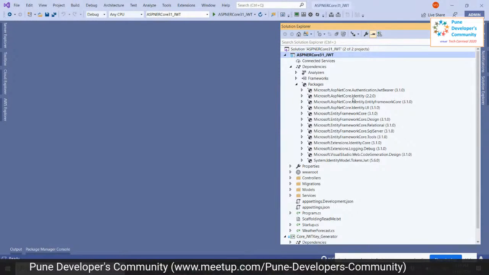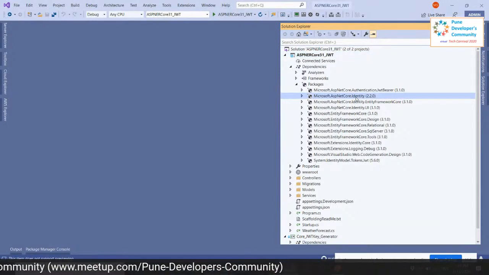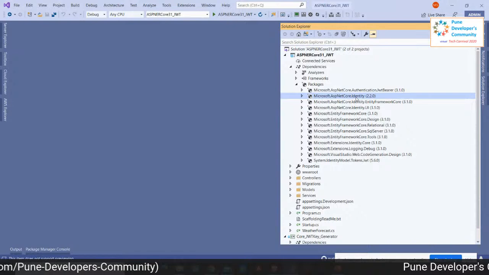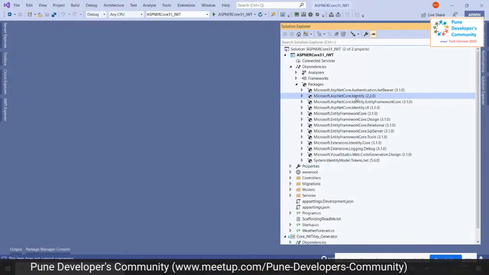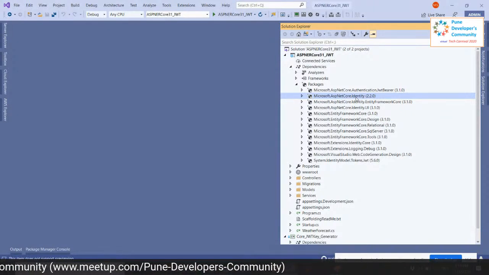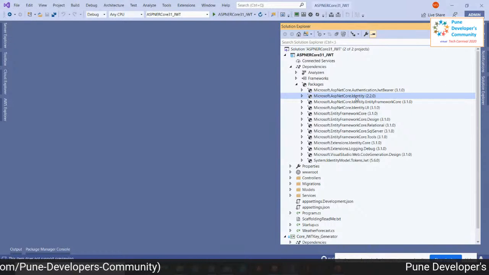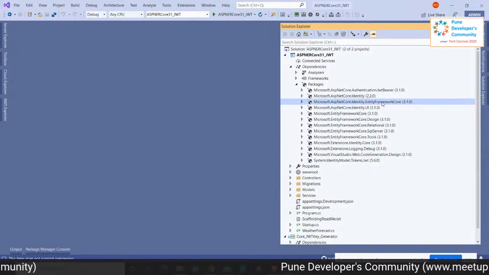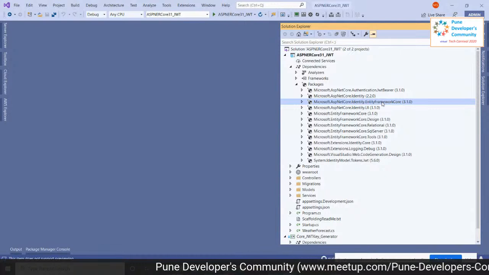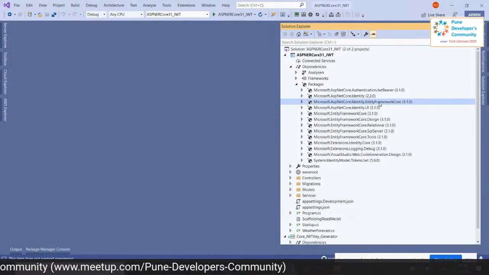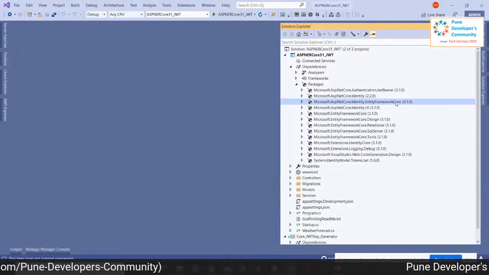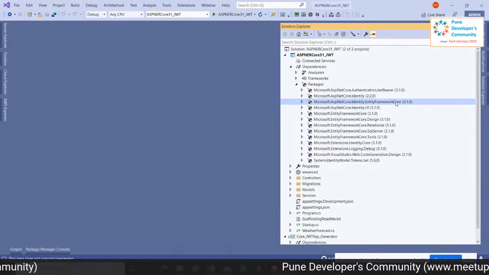Microsoft.AspNetCore.Identity is the package used for accessing the identity classes like IdentityUser, IdentityRole, and all those necessary classes. Then Microsoft.AspNetCore.Identity.EntityFrameworkCore is the one which will actually provide us the